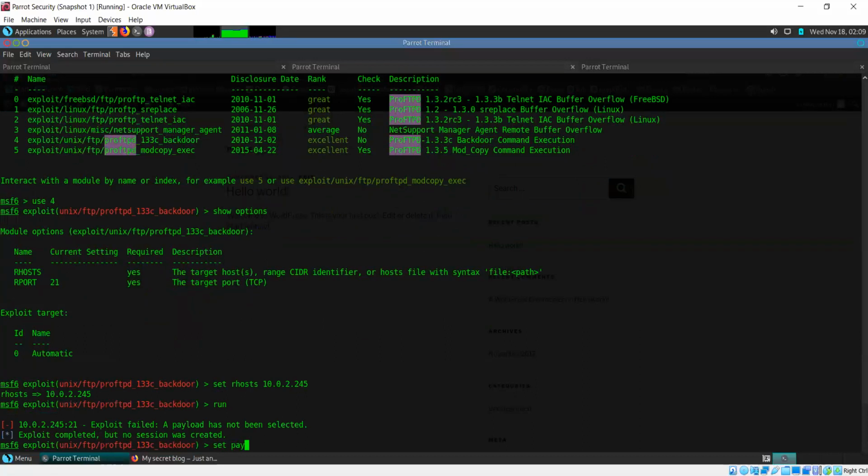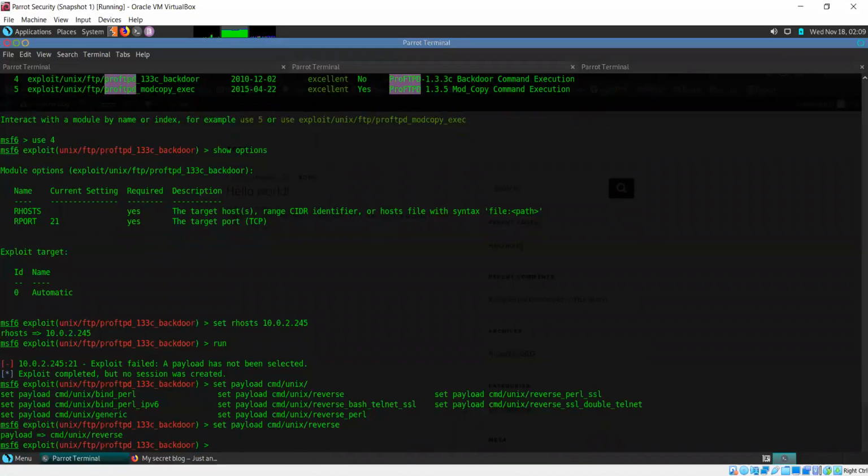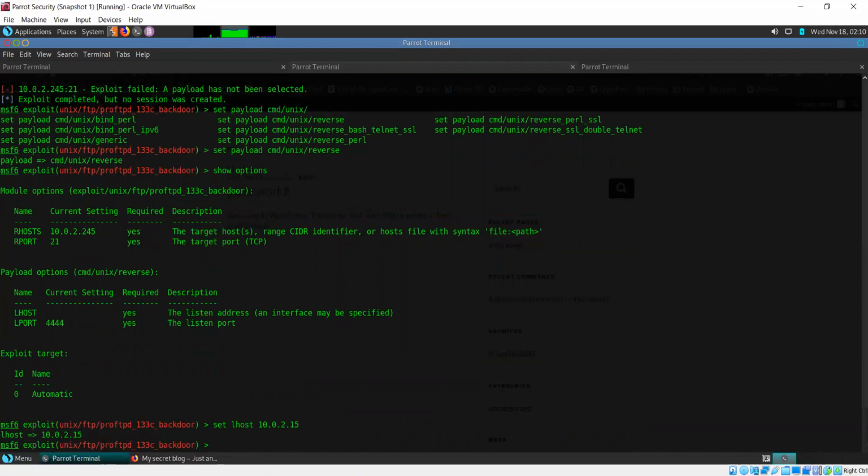No worries. And okay, let's go for a reverse shell. Let's see the options. Just the LHOST needs to be set. LHOST is our own IP, which is this, and I can run now.